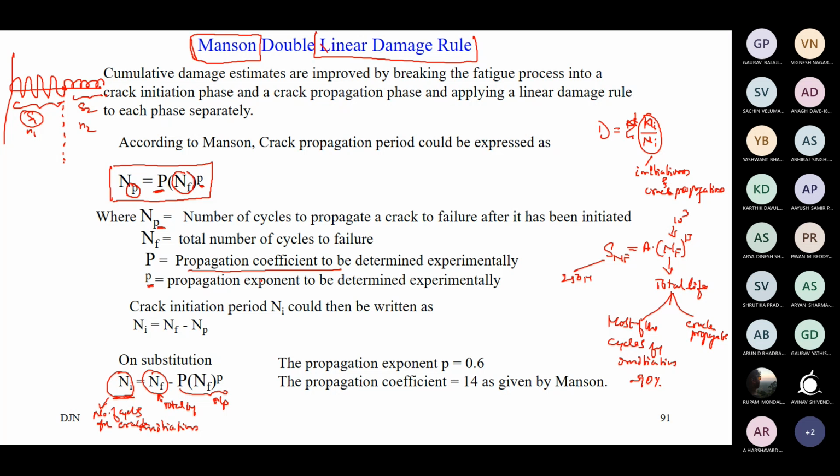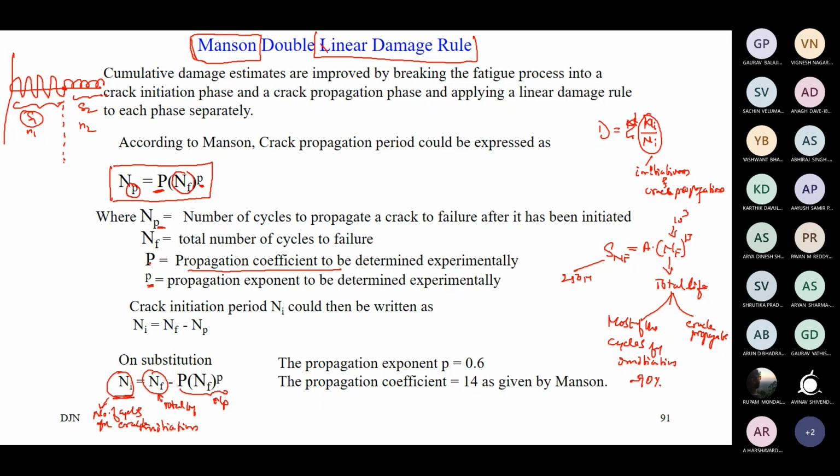The curve will come similar to that of the SN diagram. This is nothing but the crack propagation curve: with every cycle, how the crack is propagating. If you plot that curve, the slope of the curve is the small letter p here, the propagation exponent, the rate at which the crack is propagating. The other one is the stress value required to cause that particular propagation, capital P, the propagation coefficient. The curve is similar to the SN diagram, a non-linear curve you will get.